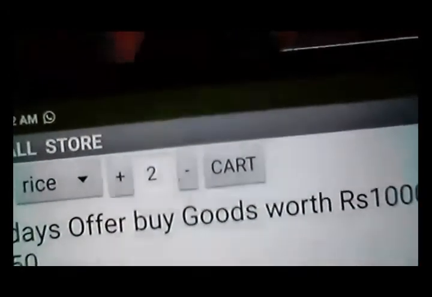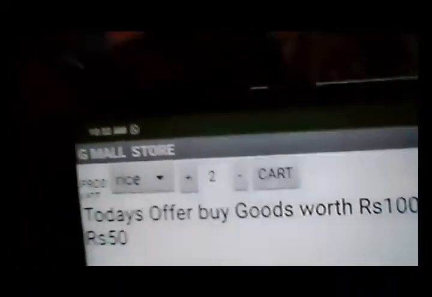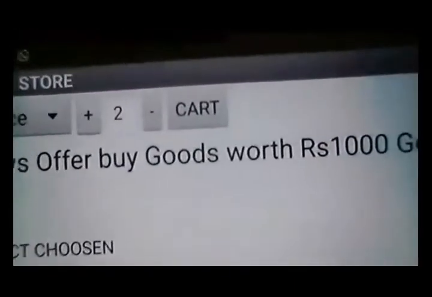I added rice, and the count is 2. If I minus it, it means minus 1. Its offer is also showing. Then I'm going to add oil, quantity 3, and I'm going to share it.